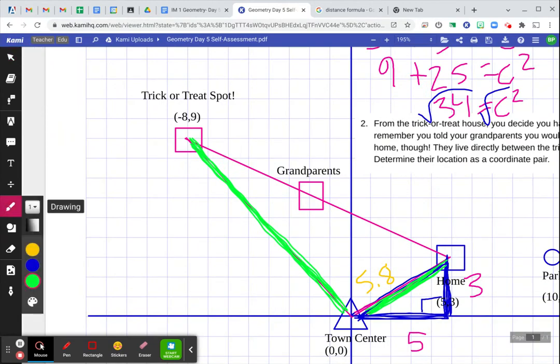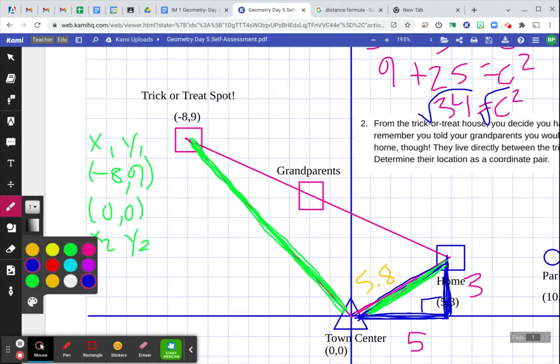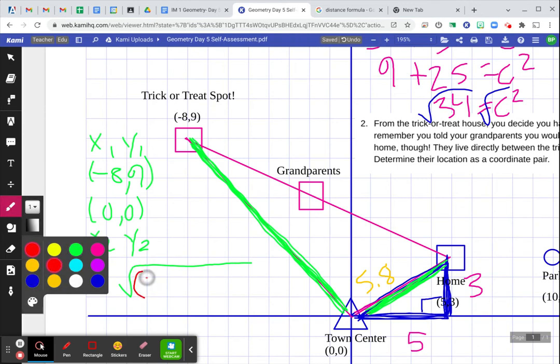So let's do this. We're going to call -8, 9 our x1 and our y1, okay? And we're going to call 0, 0 our x2 and our y2. And then we're going to use this big, long, ugly-looking formula, which really is not that bad, the distance formula, okay? And we're going to go x2 minus x1, okay? So that's going to be 0 minus a -8, okay? Beware of the double negative. And square it, plus